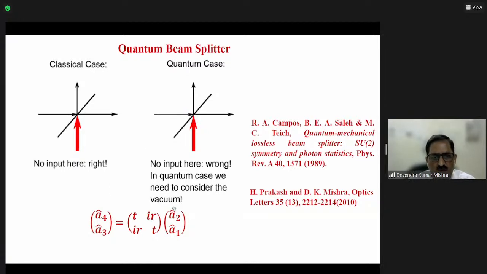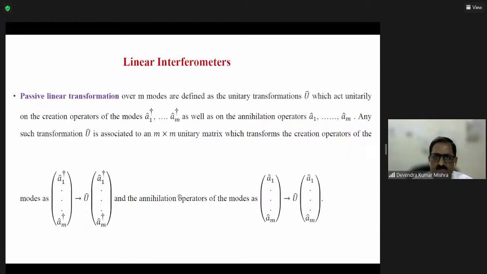So the input-output mode transformations in the case of a beam splitter, which is a 4-port device having two inputs and two outputs. Inputs are represented in terms of annihilation operators A2 and A1, and outputs are represented in terms of A3 and A4. Then we can find the output mode transformation in terms of the input modes of the beam splitter by using this relation, where T and R are the transmission and reflection coefficients of the beam splitter. Using this, we can find the linear